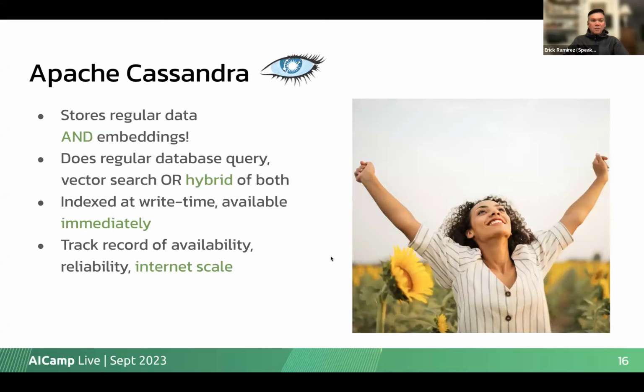The big thing about using Apache Cassandra as a vector DB is that you're storing regular data together with the embeddings in the same tables. You don't do that with other vector databases, because most of the vector databases out in the wild, like Pinecone, can only do one thing, and that is storing.